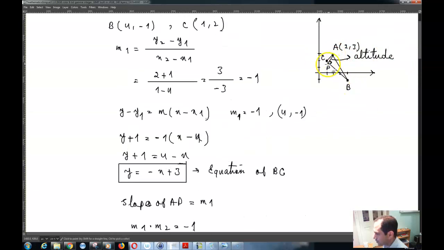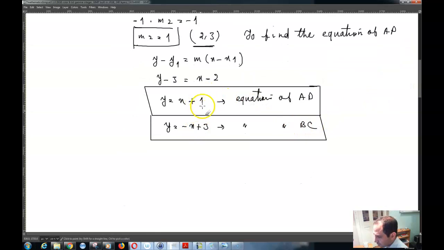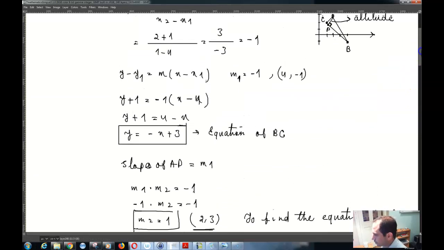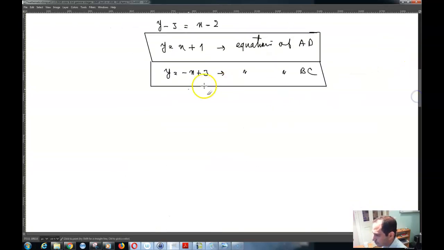AP and BC meet at this point, P. So if I find that point of intersection, that point will be the point P over here. So